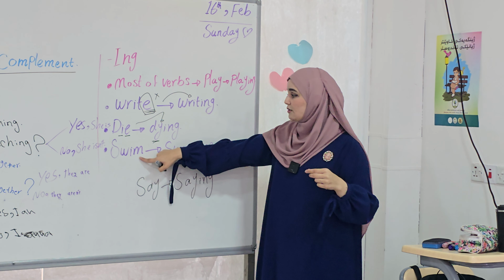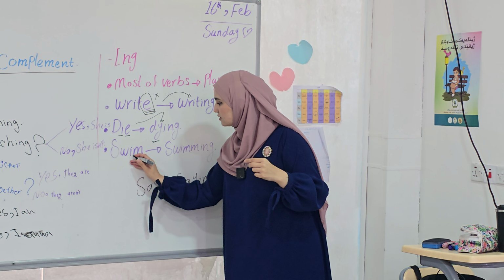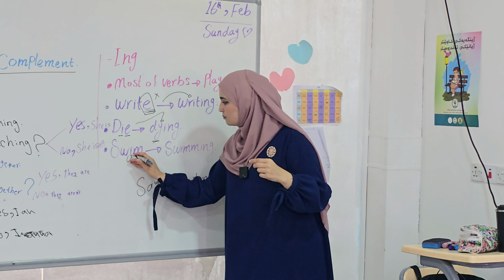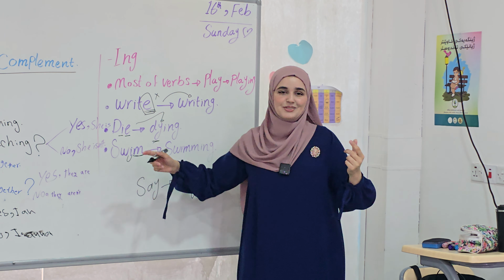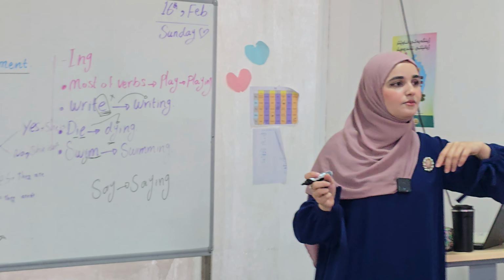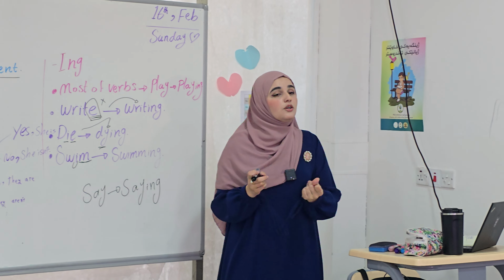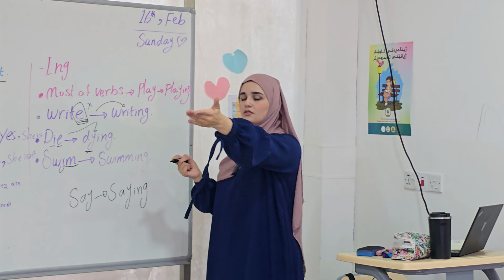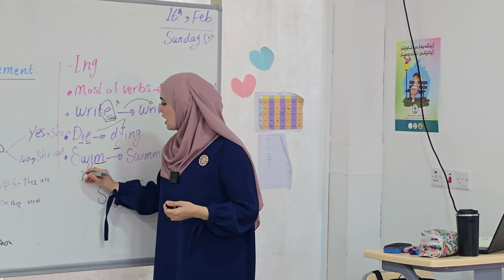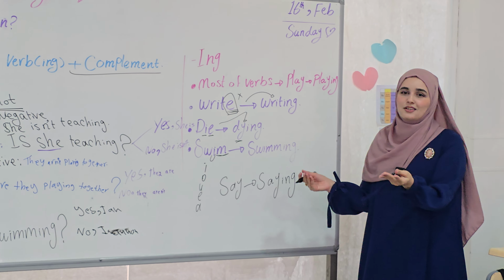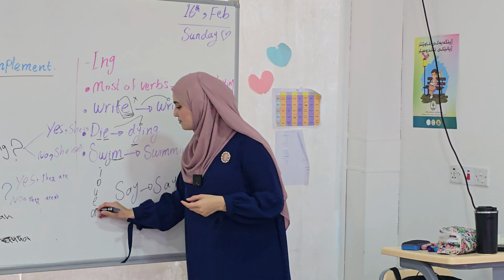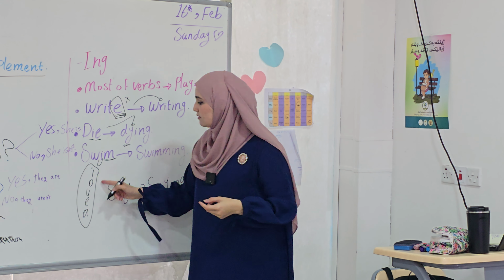Then, another rule that we have is when we have a consonant at the end, but a vowel before the consonant, okay? What does vowel mean? Who knows? Very good. What are the vowel letters? We have A, E, I, O, U. Very good. One more, the easiest one. We were learning those letters, and we have these vowel sounds.